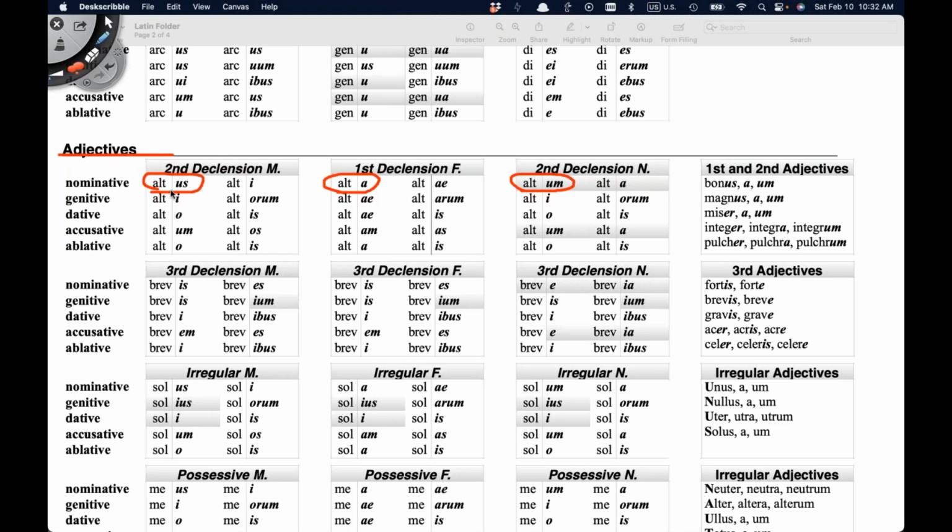Anyway, altus means high, and if we're describing a word that is masculine, we would use altus. So if we were describing a man, we would say vir altus, right? He's a tall man. And if we were describing a woman, we would use this one here. This is feminine. By the way, M equals masculine, F stands for feminine, and N stands for neuter. So if we were talking about a tall man, we would say vir altus. If we were talking about a tall woman, we would say femina alta, and we would change US to A